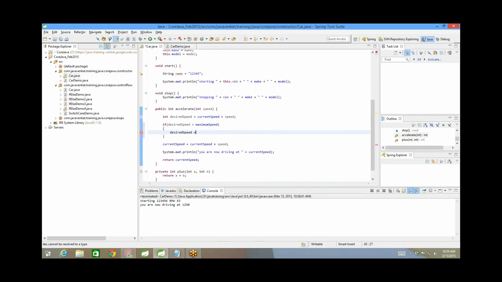Tell me. Increment, you can just make it increment. Desired speed increment. What do you mean? You can increase the speed from current speed to desired speed. So if your desired